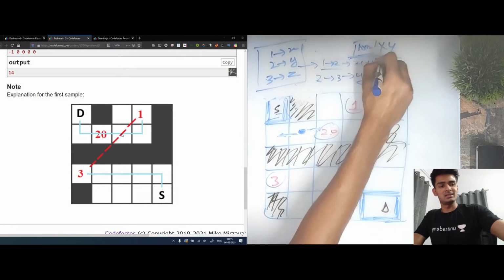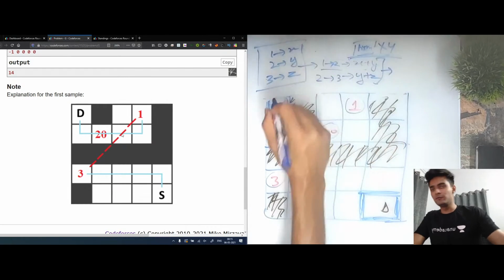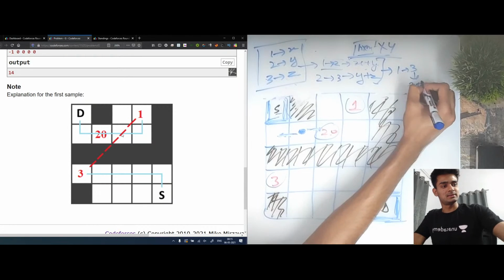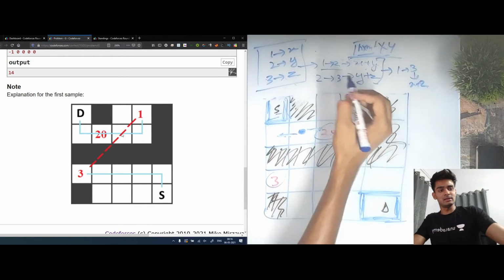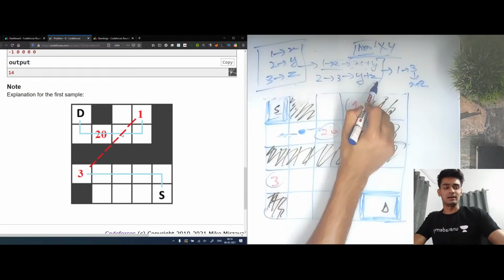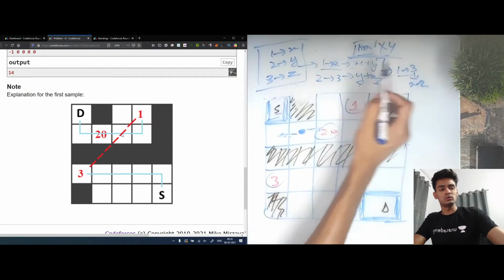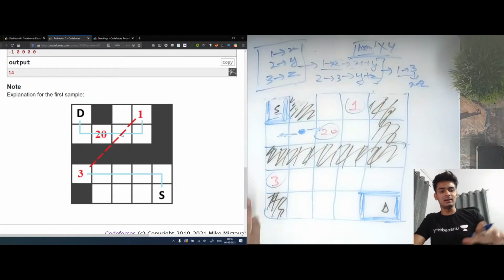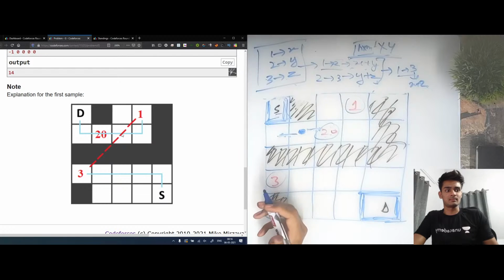Now if you see, instead of choosing this path, if you chose a path directly from 1 to 3, you would have got x plus z. Otherwise, you paid x plus y plus z. So if you move directly from 1 to 3, the cost will be less. So what this tells us is that in a complete lifetime, we will only use at most 2 tunnels.